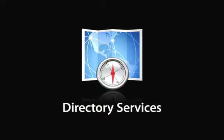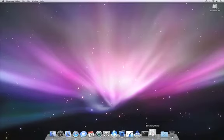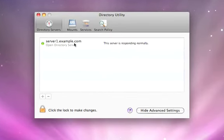Thanks, Mark. One of the great things that we have in OS X is some of the directory services, and this is how we can integrate with your existing infrastructure within your enterprise. For example, we have a built-in Active Directory client, leverages LDAP and Kerberos to give you single sign-on to all of your Windows resources. For example, I can go here to my system in Directory Utility,